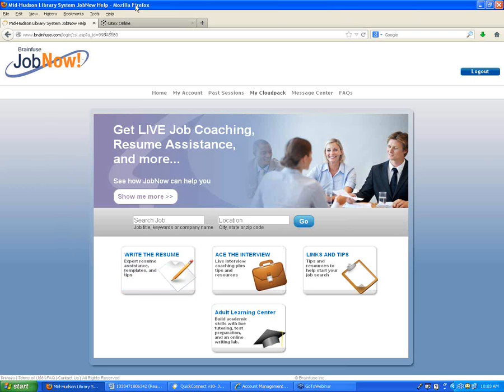Okay, so again, this is the main page. So you basically have these 4 buttons down here in the middle of the page, and that's how you access the different parts of our service. So before we start doing that, just a general overview. JobNow is sort of just like it sounds, a job search help service. So we help with all aspects of the job search process, starting with the resume, up through the interview, finding jobs to apply to, and a number of other options here as well. So I'm going to start with the first button that we have right here, which is write the